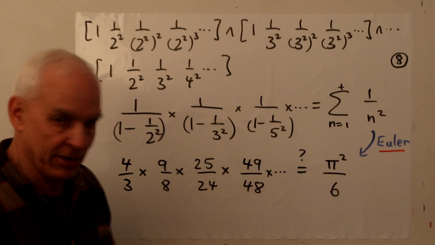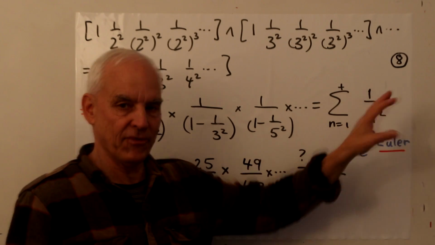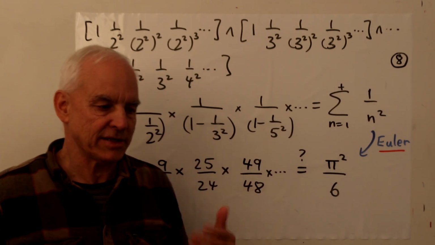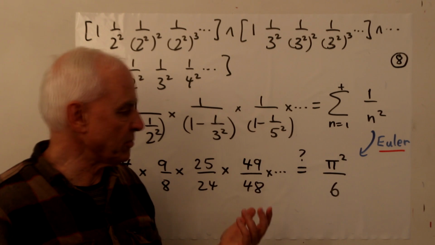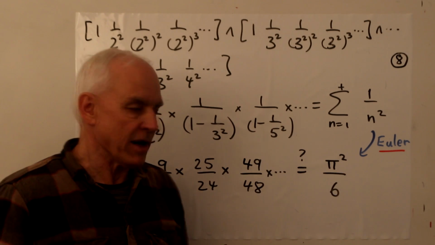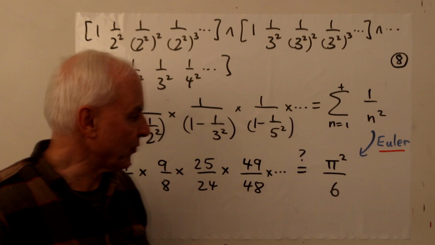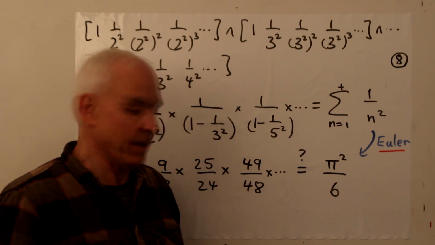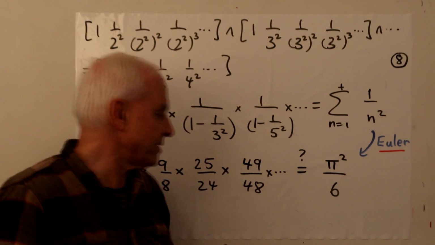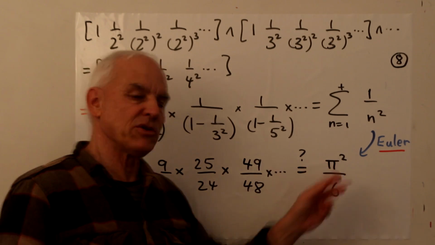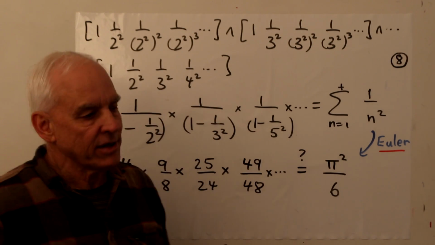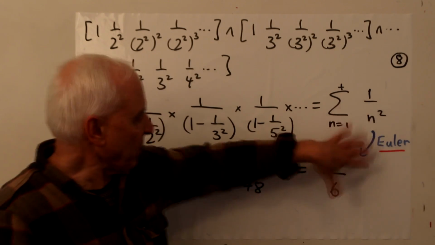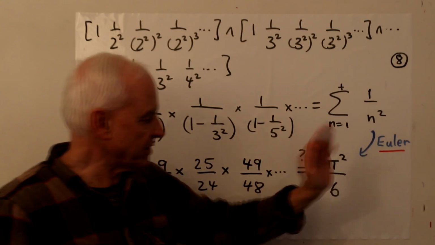And Euler famously realized that this thing sums not to infinity, it doesn't go on and on. It actually sums to something that he was able to identify in terms of pi, famously pi squared over 6. So that's certainly one of Euler's great, remarkable formulas, which made a big impression on everyone. It's still a remarkable kind of thing. Even though, strictly speaking, what is pi? Well, we don't really know. And actually this sum, strictly speaking, also doesn't really work. But there's something going on here, something like magic.